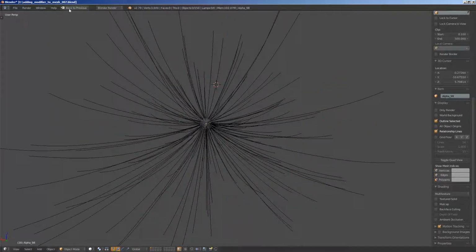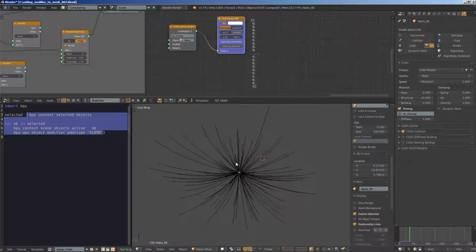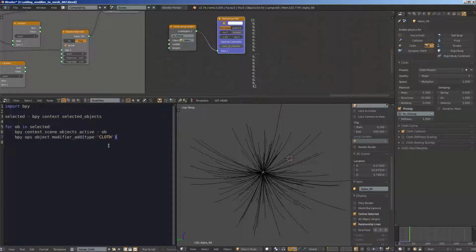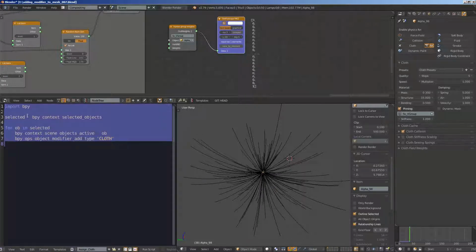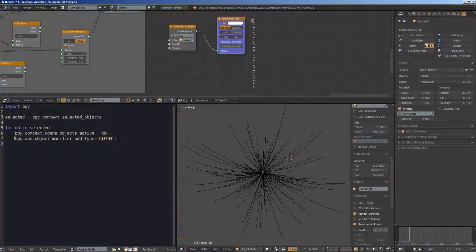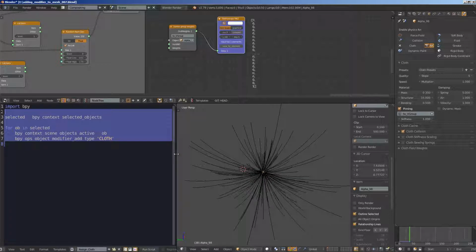And of course this works not only on a polygon edge, but it works on any kind of mesh that you want to turn into cloth. So this is a quick Python script simply assigning cloth simulations to every selected object, and I'm using bpy.ops. This is just a quick and dirty way to do it. If you ever need to assign a modifier, because this is only a once-off thing, this is also kind of useful. So if I draw it